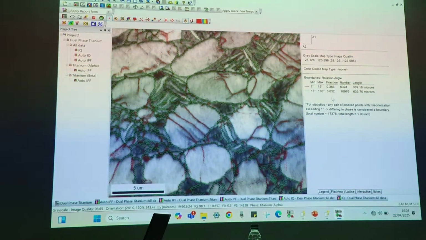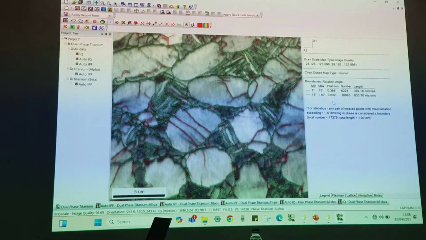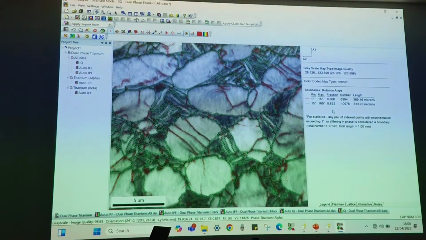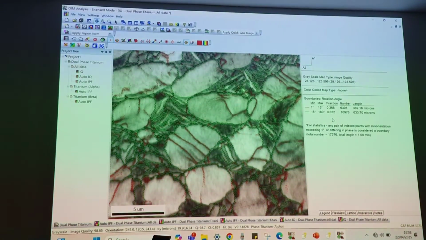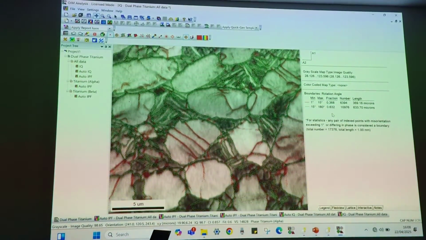Again, the presence or absence of these grain boundaries will affect your material properties. So in many cases they will try to see what kind of grain boundaries are there in your material. If there is any particular special kind of boundaries, have you heard about CSL boundaries, twin boundaries?